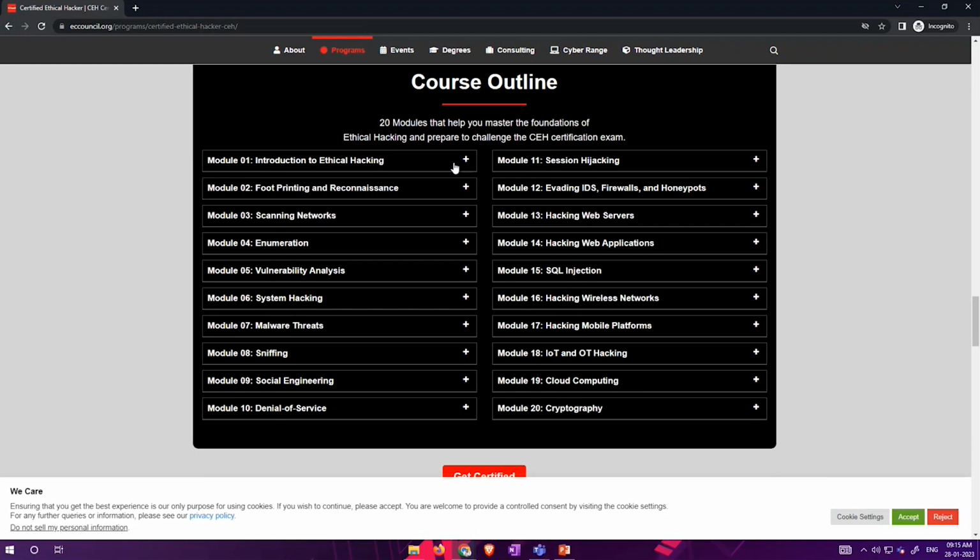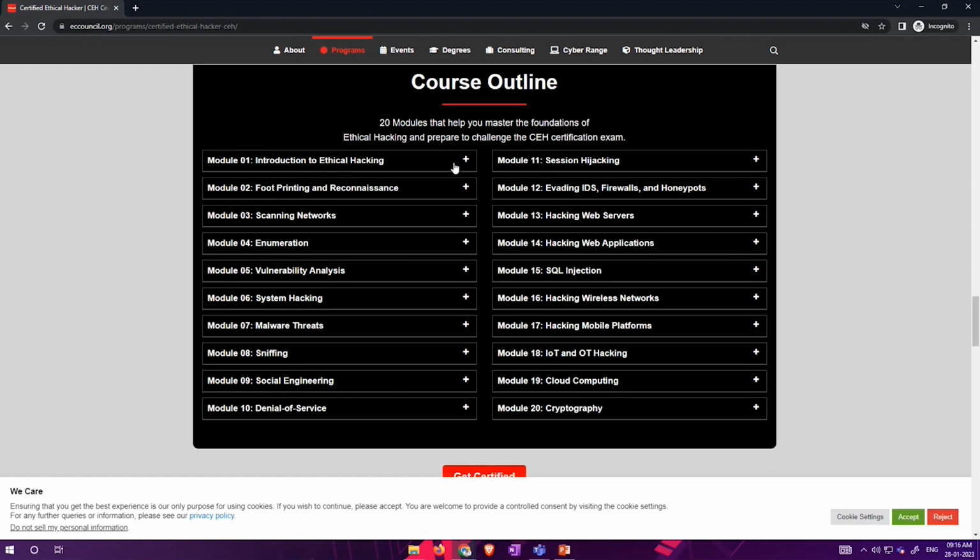In the course outline, we'll start with introduction to hacking, and our hours are separated. We'll do 2 hours of training daily, and at most it will go for 2.5 hours. Between the 2 hours, there is a break of 10 minutes. The second chapter is footprinting and reconnaissance, and that requires the lab. So we'll set up the lab tomorrow.